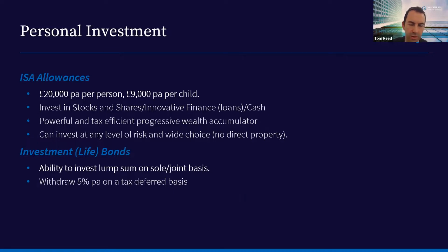You have a choice of investing in stocks and shares. The newest one is something called innovative finance. This is basically loans, or the most popular, overused, is the cash ISA. If you think about a couple over a 10-year period, it's the ability to save 400,000 over a 10-year period, and you can invest that at any level of risk, with a really wide choice of investments globally. No direct property allowed,